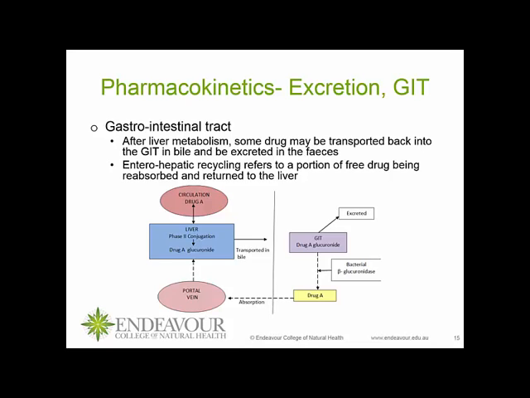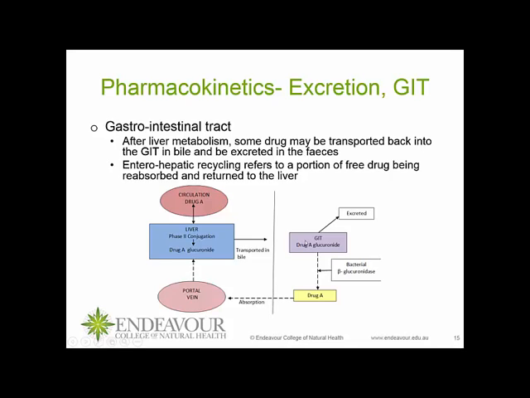Now moving on to the next. Now we look at how excretion occurs into the GIT system, the gastrointestinal tract. After the liver metabolism, that means after the drug has been metabolized through conjugation or functionalization, the drug is transported from the bile, and there